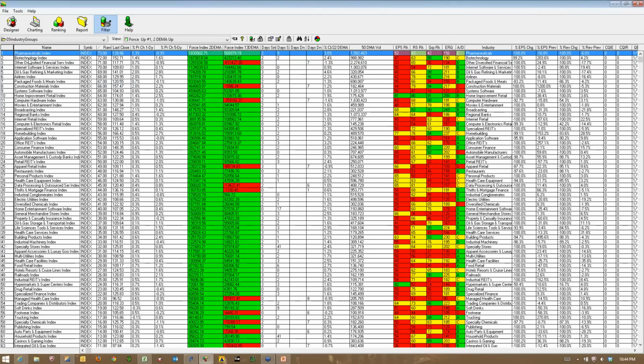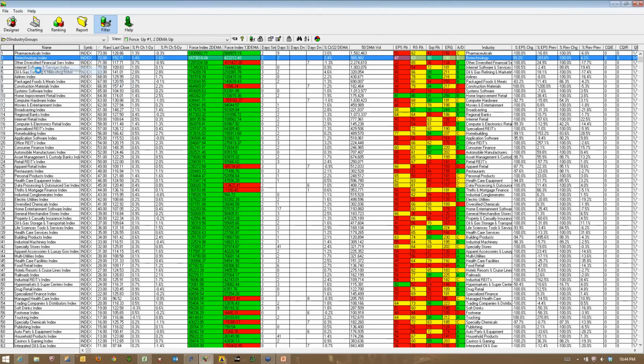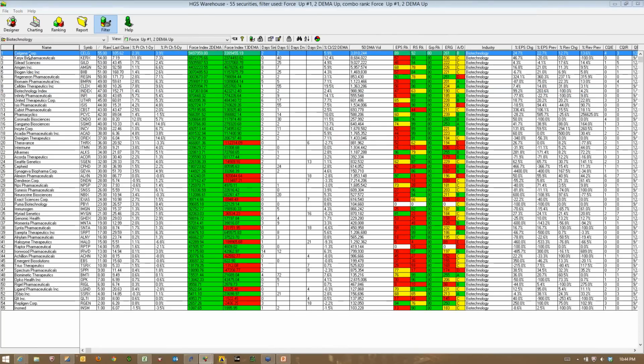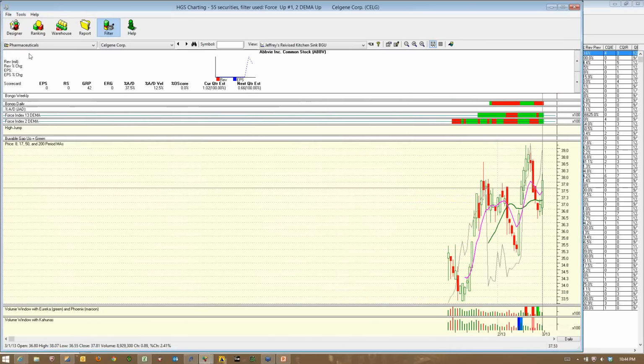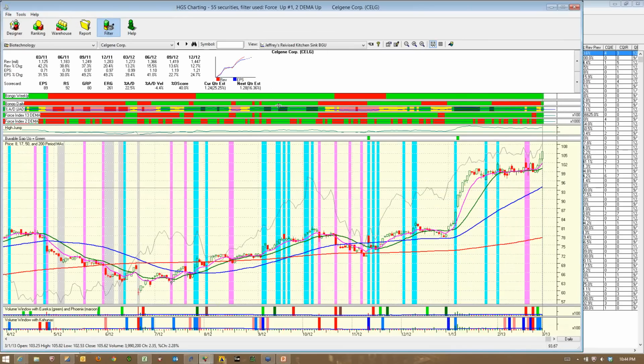In addition to the pharma stocks, biotech was working this week. People who've been on my calls know I'm a big fan of several of these, Celgene being probably my favorite. And Celgene, after giving a bit of a base,